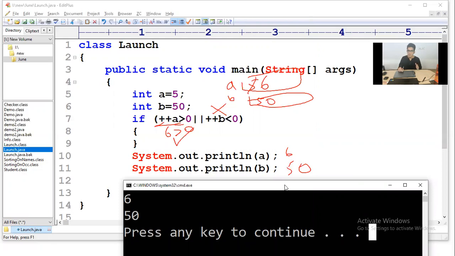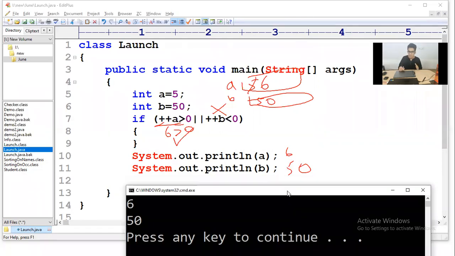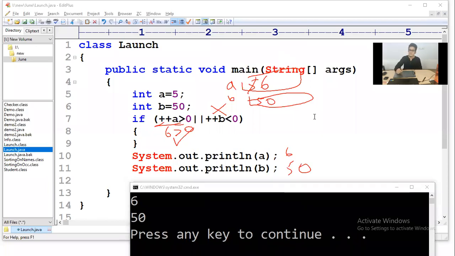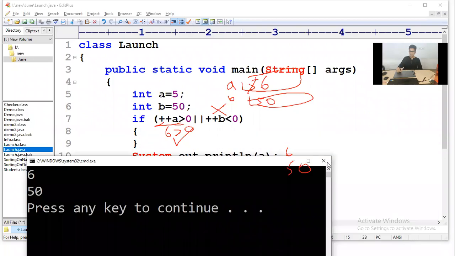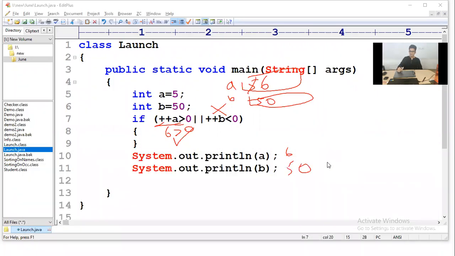So take the screenshot, and in the meanwhile you can tell whether you have understood or not. I hope you have taken the screenshot. I'll close this. Clear.